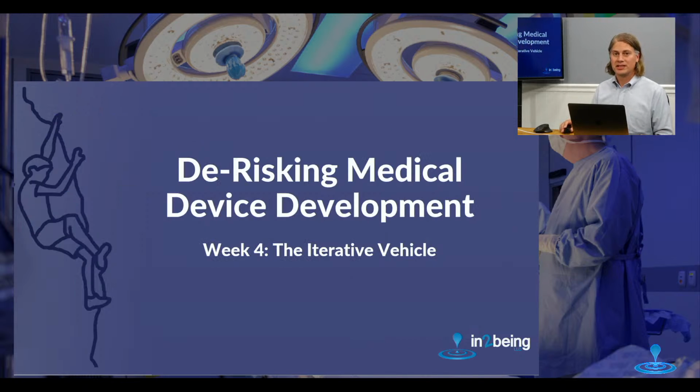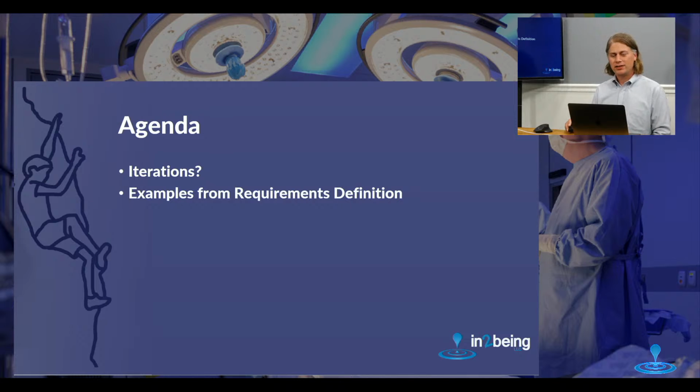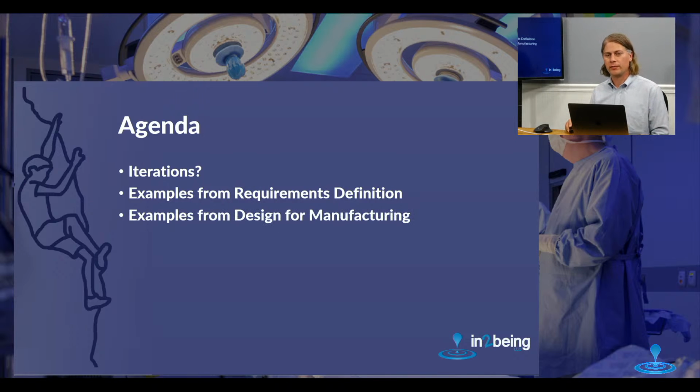So let's talk specifically about iterations as a vehicle for de-risking in the medical device development process. I really want to talk very simply today. First about iterations, what they are, why they are, how do we define an iteration? And then just a few examples in the world of requirements definition. And then very, very briefly at the end, I want to talk about design for manufacturing and how iterations play